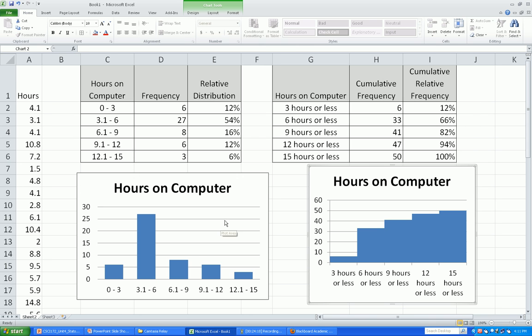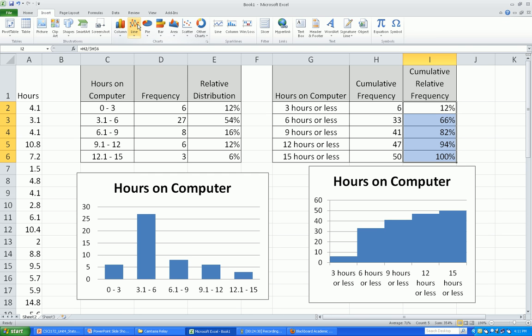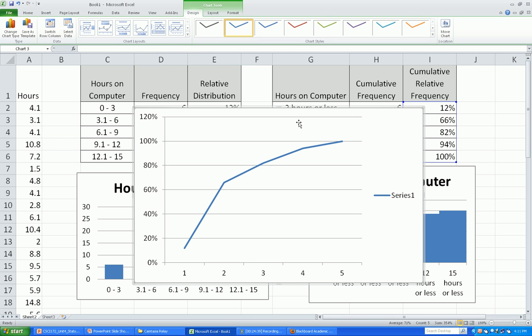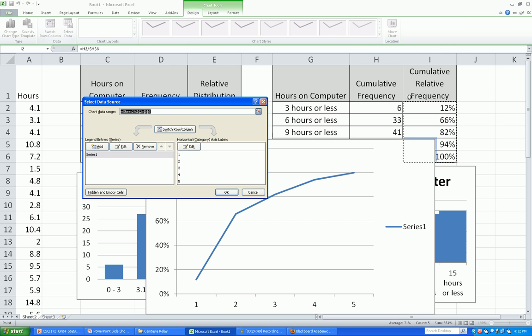Okay, let's do our last little tool here, which is known as an ogive. Okay, an ogive, what I'm doing is it's a linear graph. Go back over here, my insert, and I'll show you my last task here. So I'm going to grab a 2-dimensional line graph. Okay, really that's what I use for my ogive. Okay, but I'm gonna change my data. I grabbed the wrong data set here. I want to grab, let me